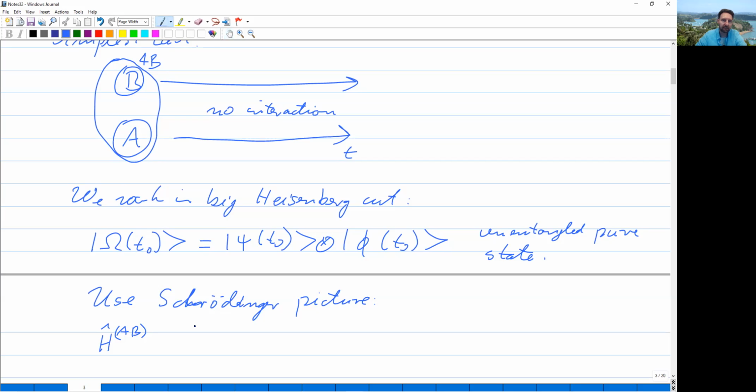And this means that the Hamiltonian is given by, and now we have to be careful, it's the Hamiltonian of subsystem A plus the Hamiltonian of subsystem B. But remember, they act on different Hilbert spaces. This operator acts on the Hilbert space of the total system. The Hamiltonian of subsystem A acts only on the Hamiltonian of its